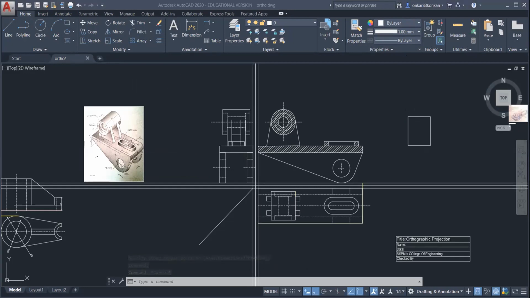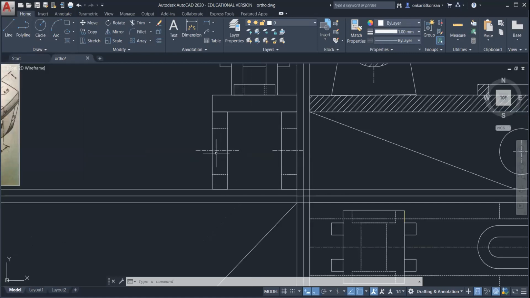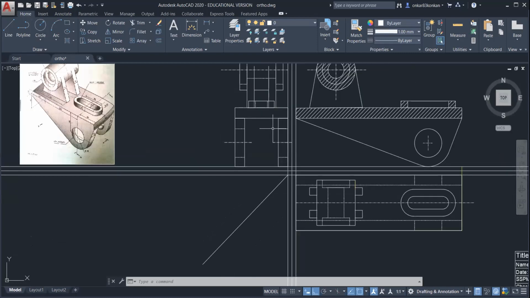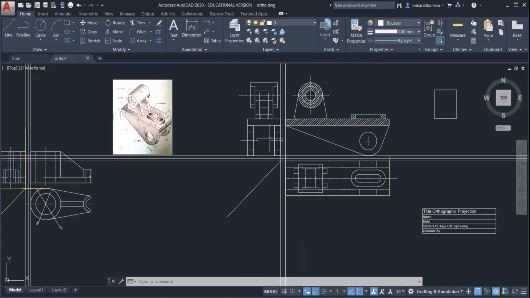then this side view will also appear as two parallel lines. Okay. So we cannot differentiate between whether it is a circular hole or a square hole in the side view. So if there is a circular hole, then we should show the center line. Okay. So from this representation, the reader can understand it is a circular hole and not a square hole. Okay. And therefore we need to show the center line if there is a circular hole.